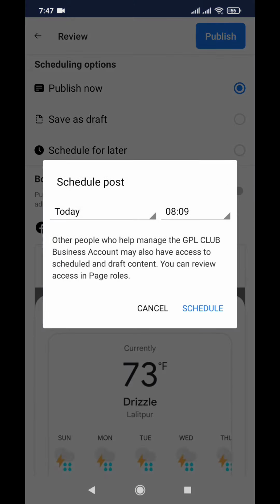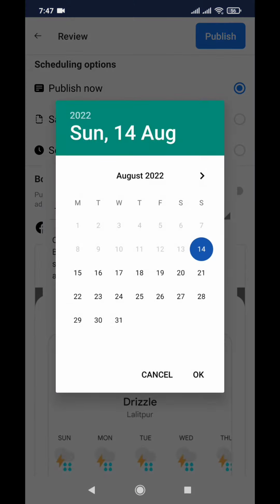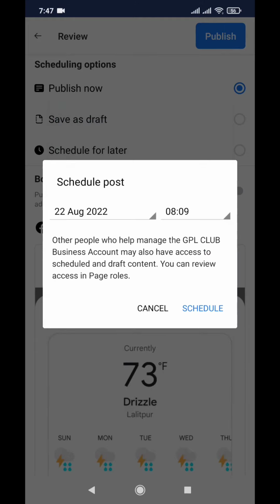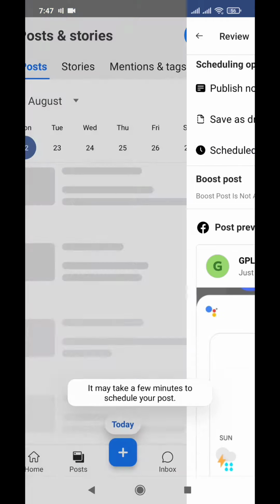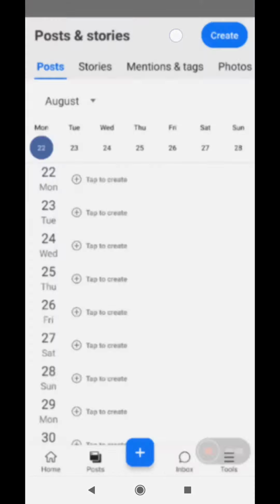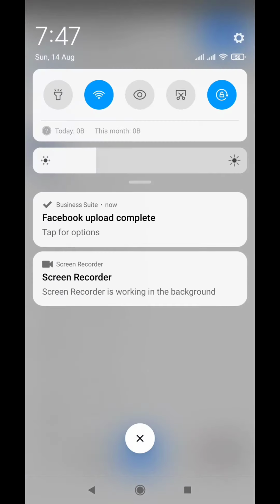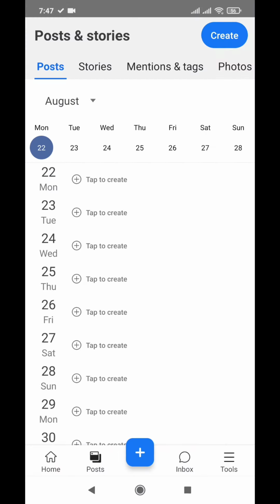and it shows if you want to schedule it for today or some other day. So you click on OK and maybe at the same time and schedule. So yes, after you have selected your respective day and date, you click on schedule and then you have the notification already. It says Facebook upload complete and your post will be uploaded on Facebook at the respective time, day